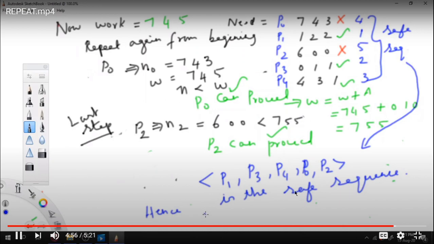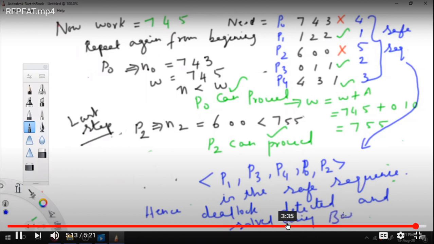That means these processes can be given the resources comfortably, without any deadlock occurring. So this is the way the safe sequence helps to detect any deadlock in the situation while the process is going on, and this Banker's algorithm helps in this way to solve the problem of deadlock. So this is how the Banker's algorithm works in order to get the problem solved.